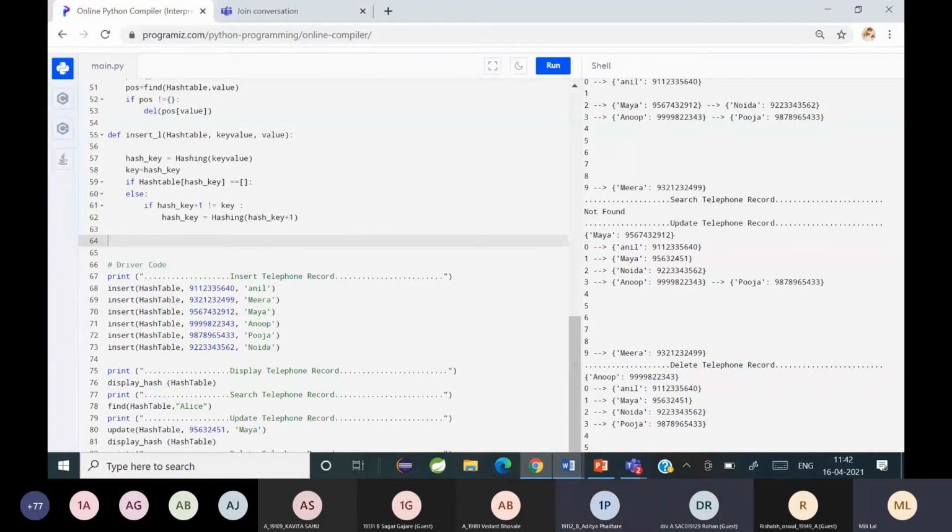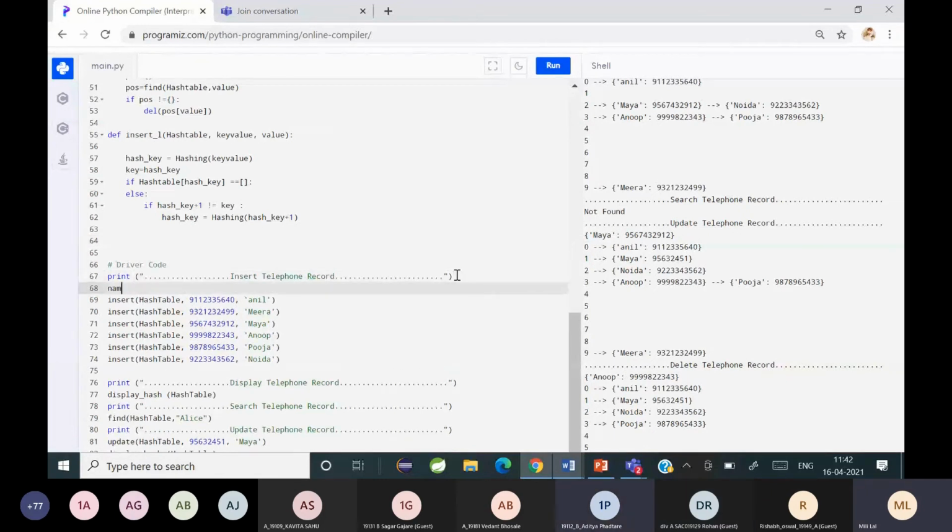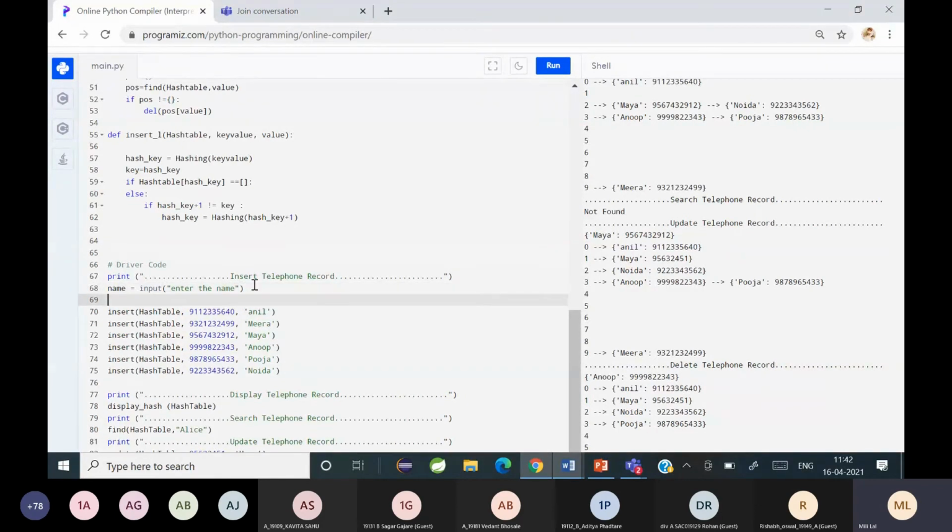Take the input from the user. Yes, and how will you take an input from the user? Using the input function. You might write the name, and phone number equal to input, enter the phone number.